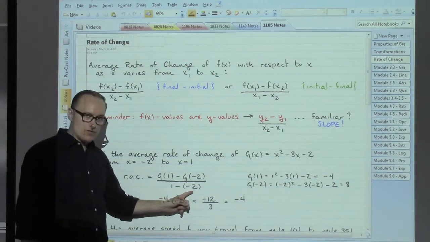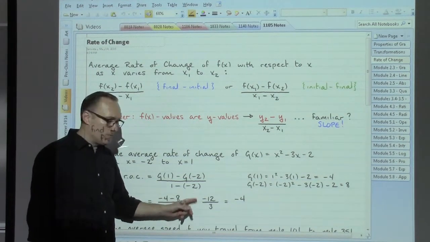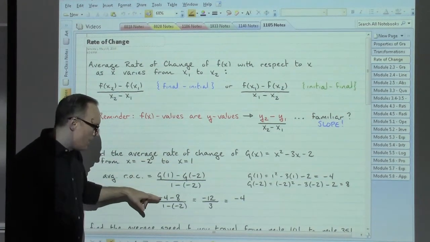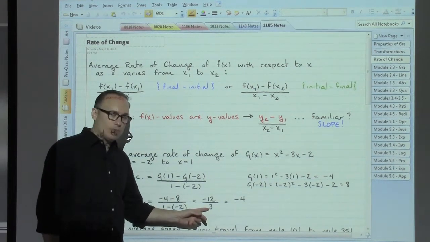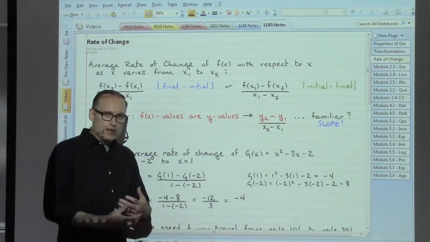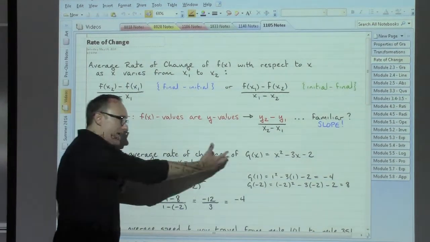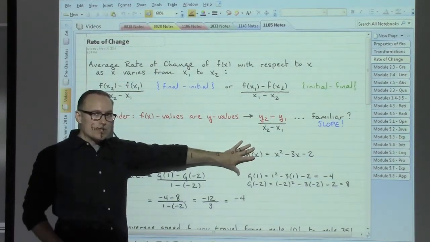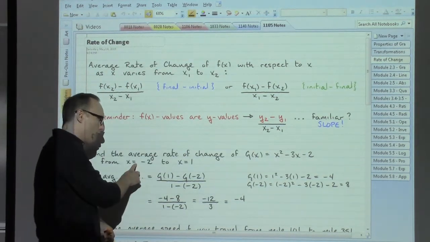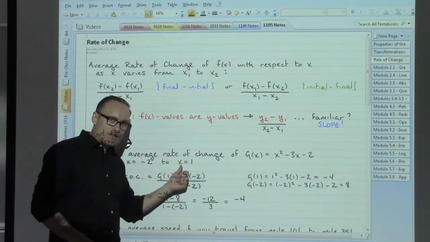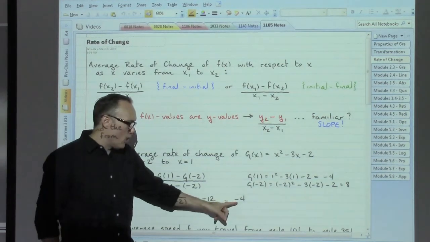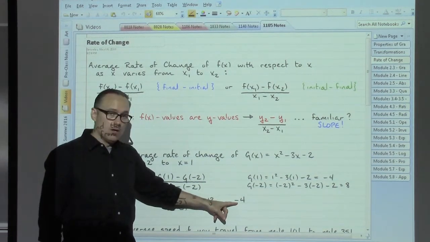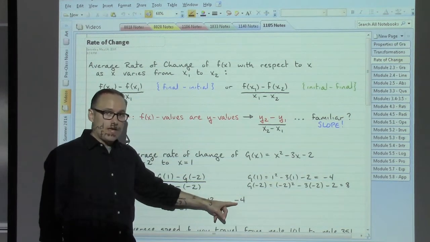So we put in those function values that we calculate. We've got our x values on the bottom that we're subtracting, simplify, and what we'd be saying is, no matter what this function looks like, from x equals -2 to x equals 1, that function has gone down 4 for every 1,